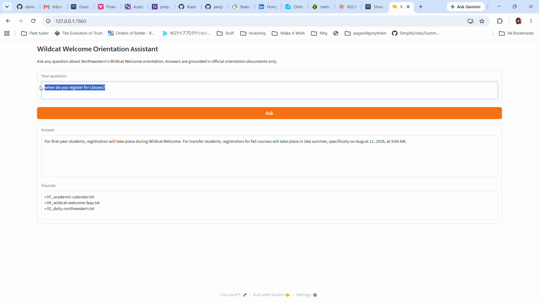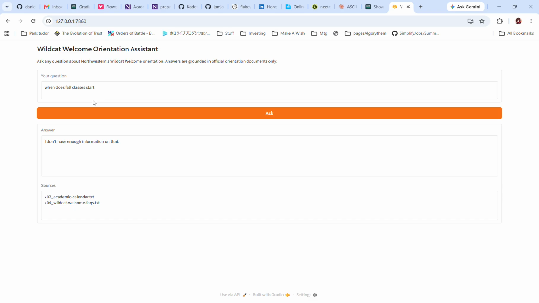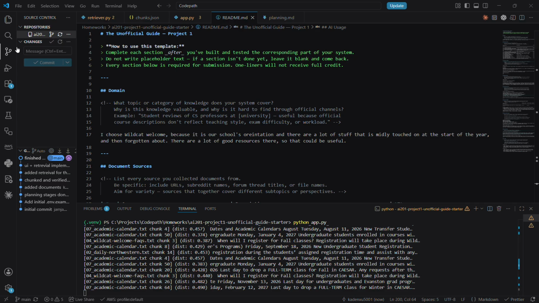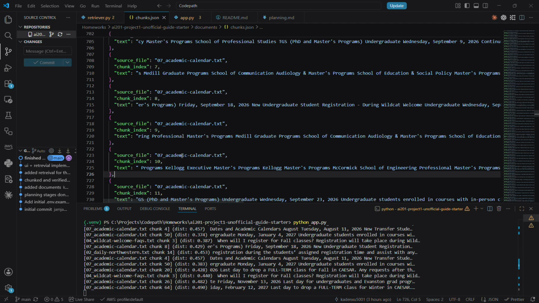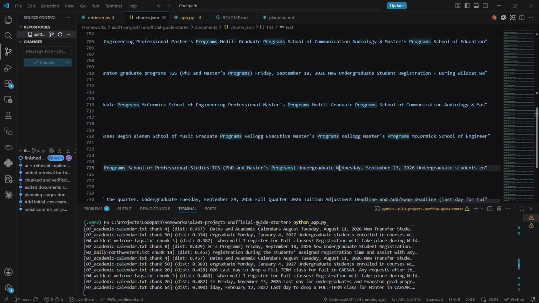One question that the model doesn't do well is this particular question: when do all classes start? It doesn't say it has enough information on that, even though it is in the chunks. Fall quarter starts on September 23rd, 2026.